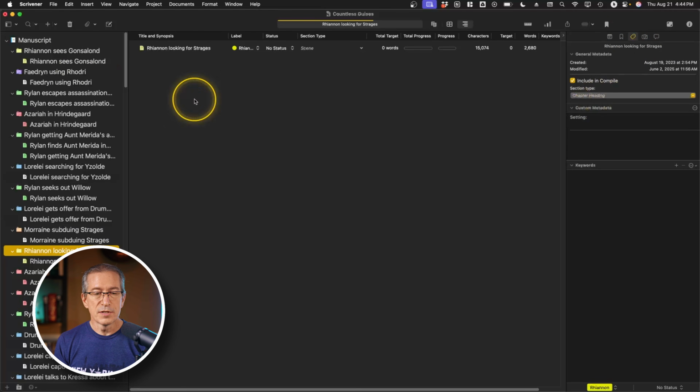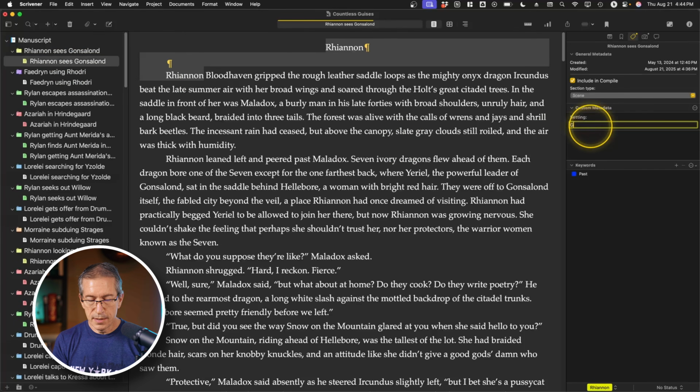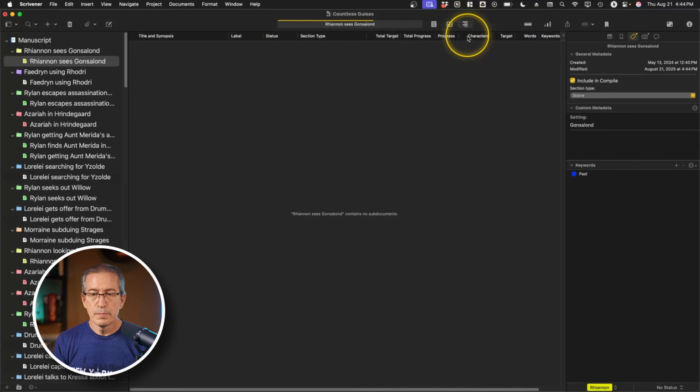And for any of them, let's just go back to the top so we don't get lost. And we'll click setting and we'll say Gonsalon here. So that's just freeform text. It's not providing a list of any sort. We can just type whatever we like there. So that's one possibility. Now, if we want to go see it, we can click on the outliner view,